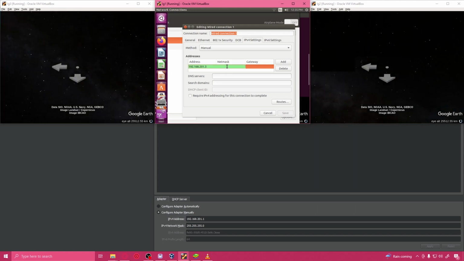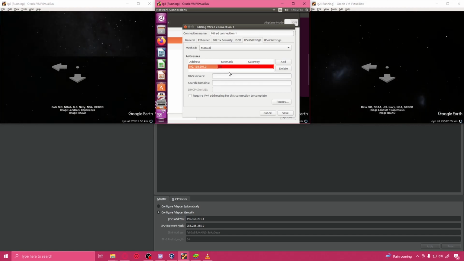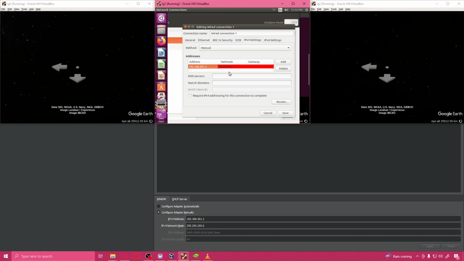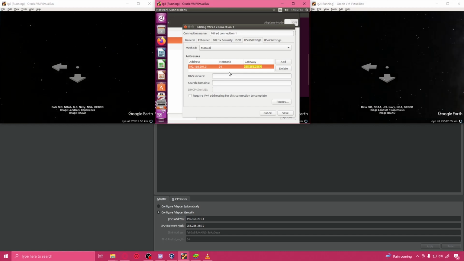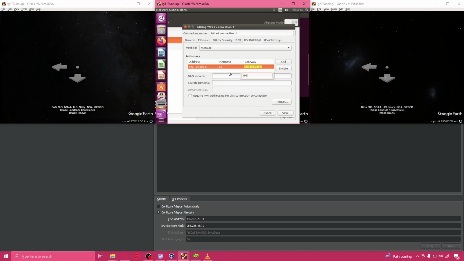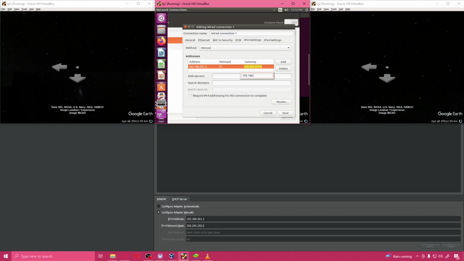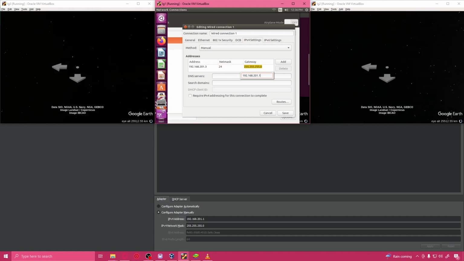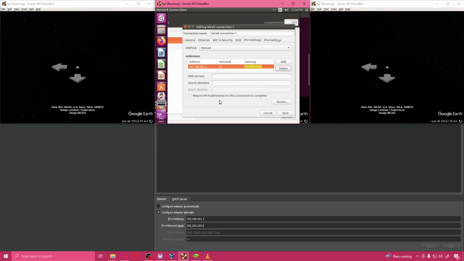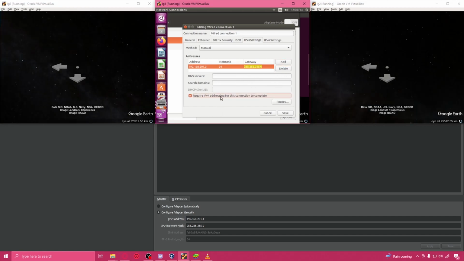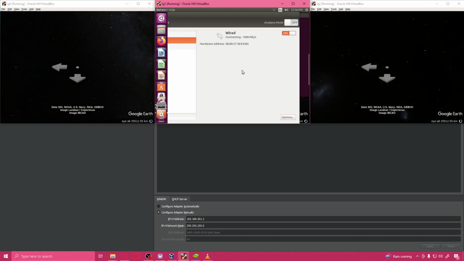Yep, and net mask is gonna be 255.255.255.0, and gateway is gonna be 192.168.201.1. Enter. Oh, sorry, you don't need to press add, just require IPv4 addressing for this connection to complete. Save, and